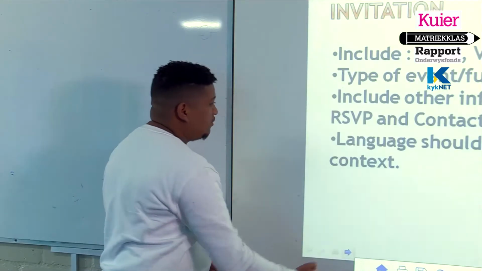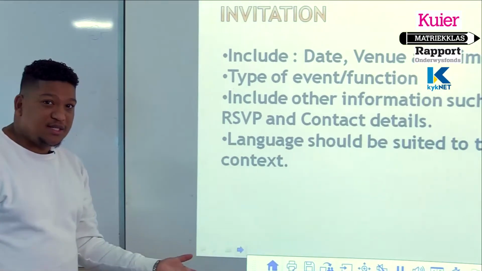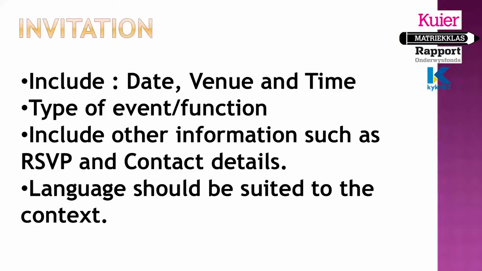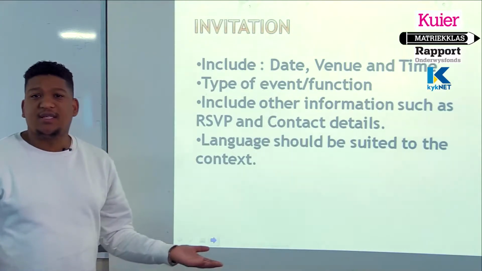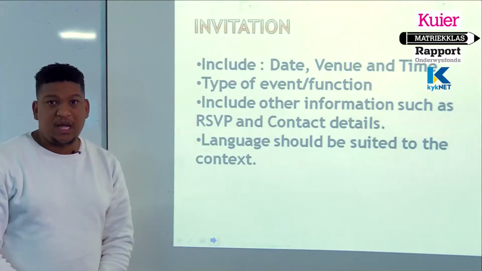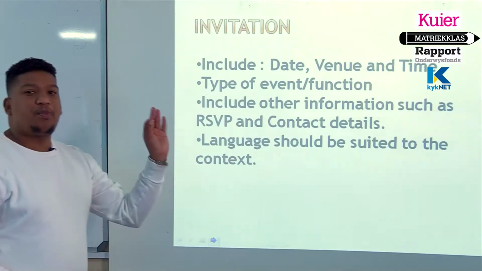The next one for today, the invitation. You see what I did there? We first had instructions for a wedding, and now we have an invitation. Now, the invitation should include obviously the date, venue, and time. If you provide me with an invitation that says 19 September and there's no year, you could be getting married in any year on the 19th of September, even if you give it in 2020. Don't assume that the person knows. So indicate the proper date.